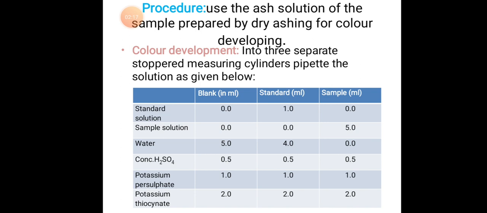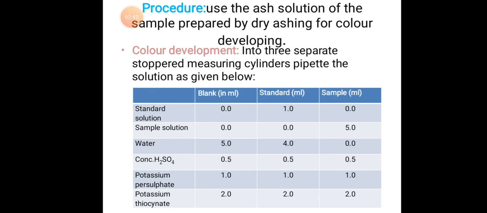Procedure: use the ash solution of the sample prepared by dry ashing for color development into 3 separate stoppered measuring cylinders. Pipette the solution as given below: standard solution, sample solution, water, concentrated H2SO4, potassium persulfate, potassium thiocyanate. These are the different reagents which we are going to use. In the blank there will be no standard